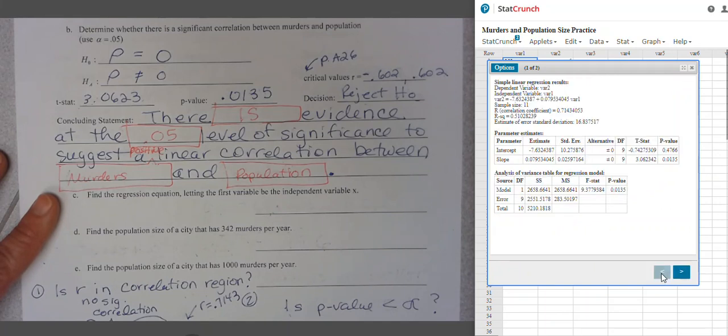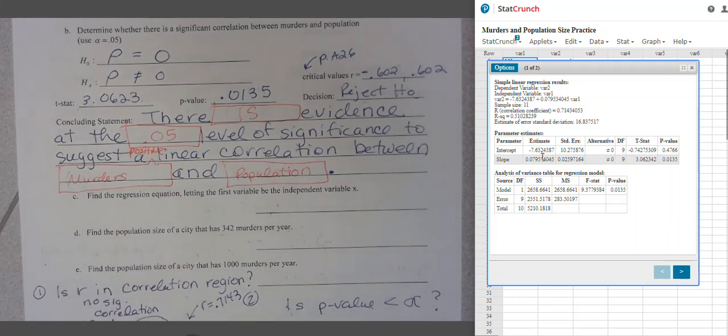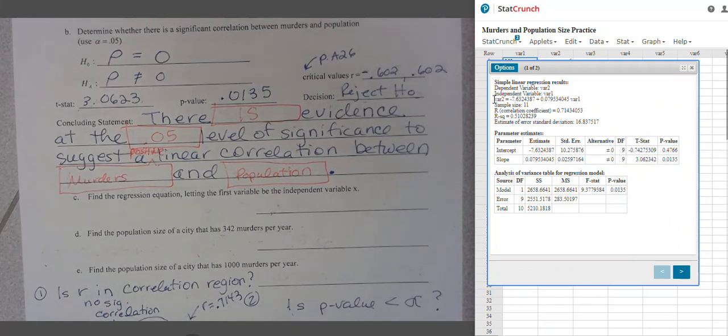And StatCrunch computes all of that for us, makes it very easy. And it's right here. In algebra we called it the slope-intercept form. But this is the equation of the line that's given in StatCrunch. So I'm just going to jot that down, and this is how we write it. You can go through your notes for a little more explanation, but it's saying var1, which is y, is equal to negative 7.6 plus